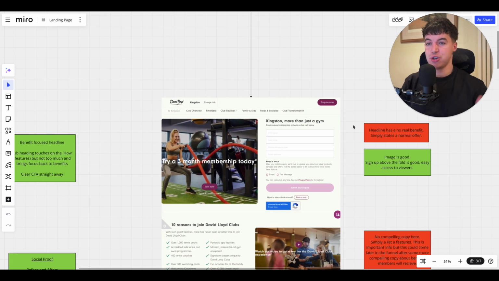So we could perhaps add value to this and make it seem more valuable to someone who's landing on the landing page by including something else, some sort of free incentive. Perhaps this could be a free goodie bag when you start. Perhaps this could be no joining fee. Perhaps this could be some free guest passes. Perhaps this could be a free health checkup or a free health consultation, something like that,